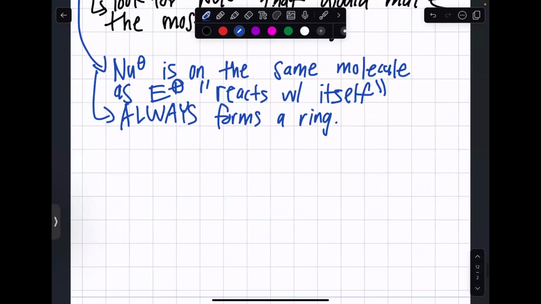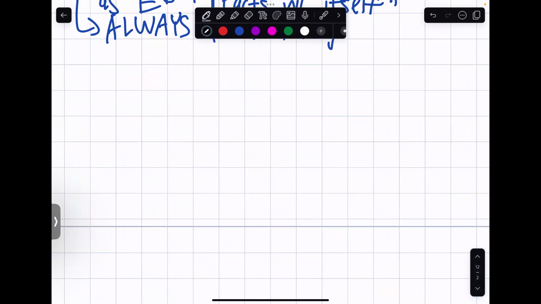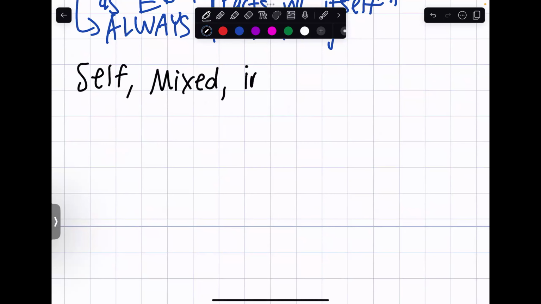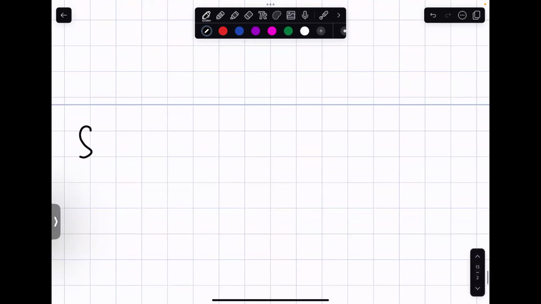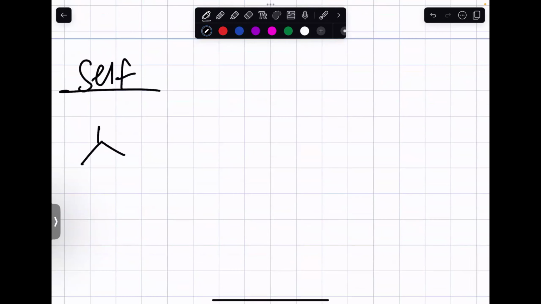Okay, let's look at a simple example first. There's different types of Claisen. There's self Claisen, there's mixed Claisen, and there's intramolecular Claisen or the Dieckmann. So let's do the simple one first. Self Claisen. Let's say we have